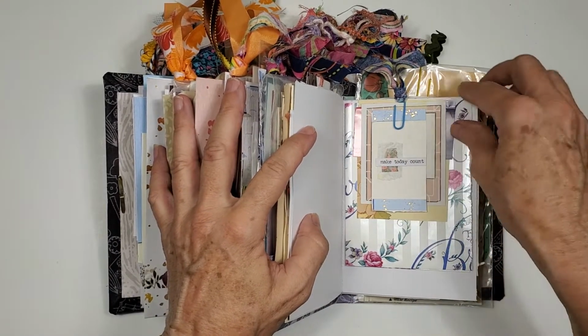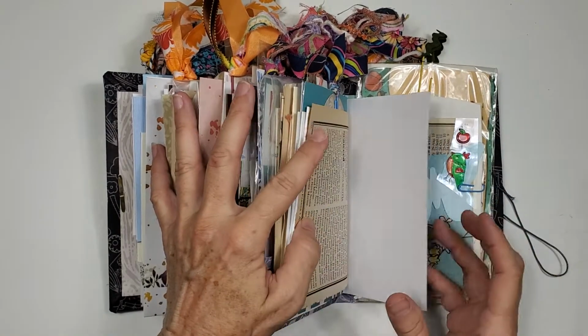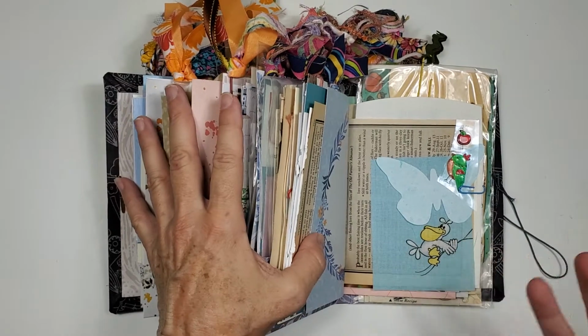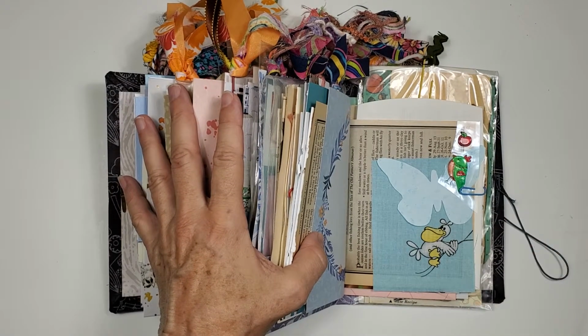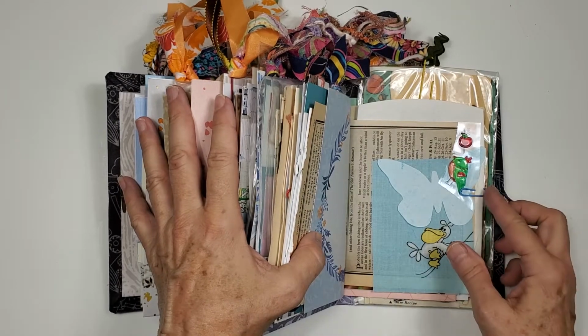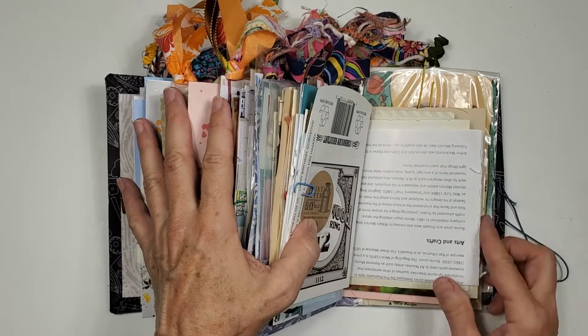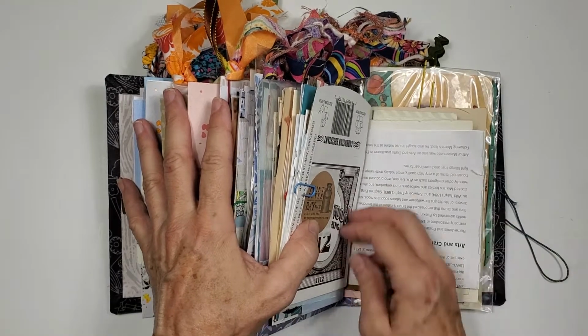That's another fun element with a flow journal like this: you've got things to read about. You could sit in your bed, honestly, or sit on your sofa, turn off your TV, turn off your devices, and just really dig in to your flow journal. Learn something new, learn about the past, learn about arts and crafts,